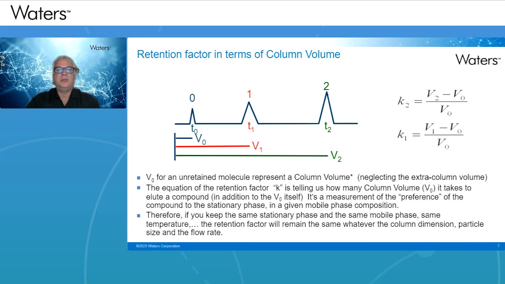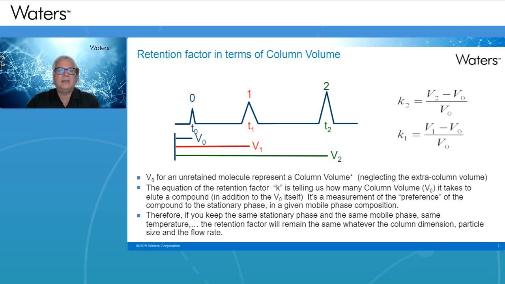I will go very briefly. This is the basic of chromatography. We have here on this graph three peaks. One is time zero, T0, where we have an unretained compound, and T1, T2 are representing the retention time for two other molecules that are retained on the column. T0, we will transfer that into V0, taking account the flow rate. And same thing with T1 and T2, we will transfer that into V1 and V2.